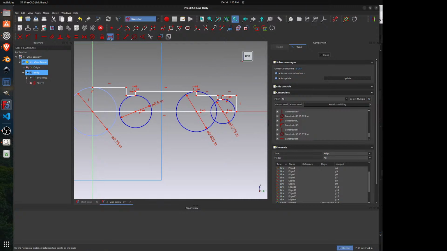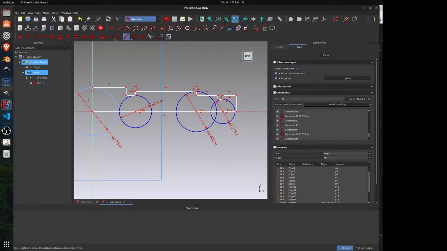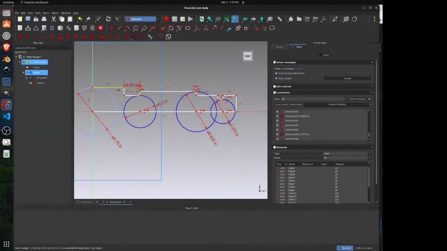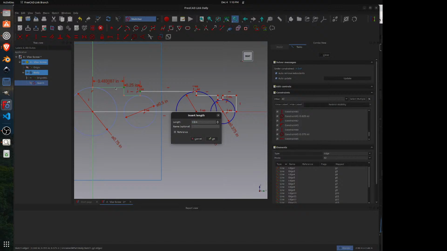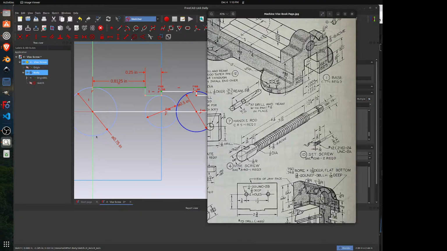And so now I can go in here and start adding some horizontal dimensions. Let's take a look at the dimensions here. I know that the width of that groove is 1/4 of an inch, and that is 13/16 over here on the end. So I'll come in here, put a horizontal dimension of 0.25. I'll put a horizontal dimension on that line of 13/16. So those are now fully defined there. So then what do we have over here? So this groove is